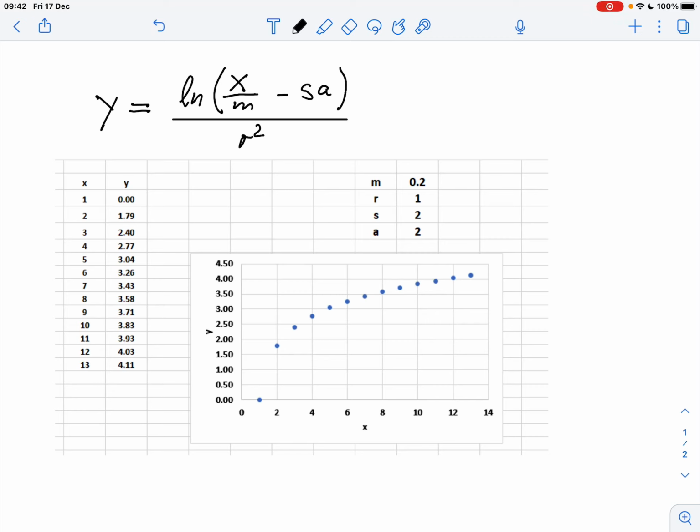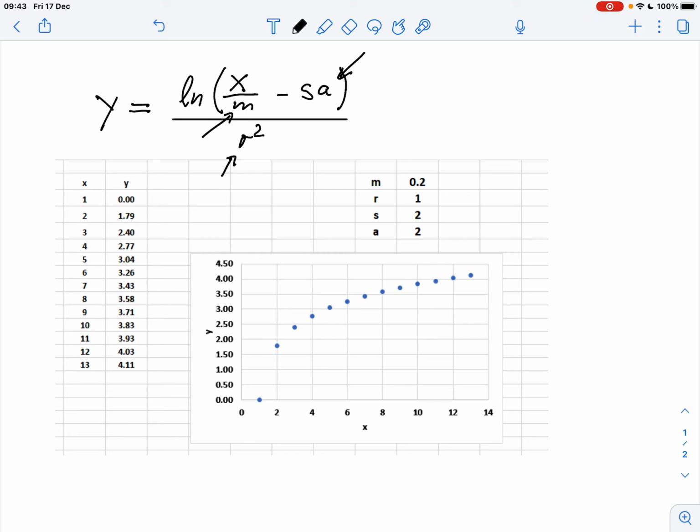y equals ln of (x divided by m minus sa), and the whole expression is divided by r squared. And in this equation we have a few parameters. For example, s and a are two constants, r squared is a constant, and m is also a constant. But these are parameters that we can choose as long as we make sure that this equation is defined,